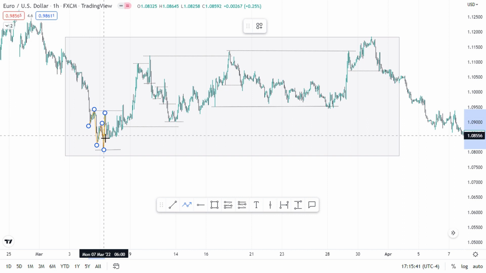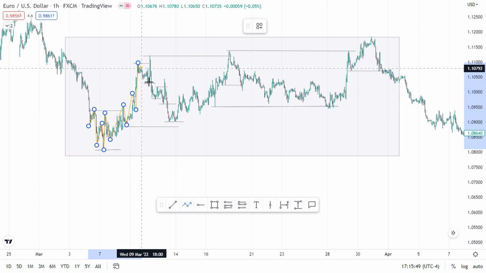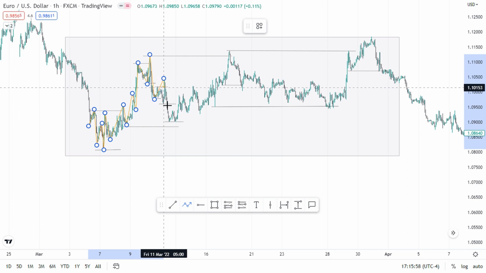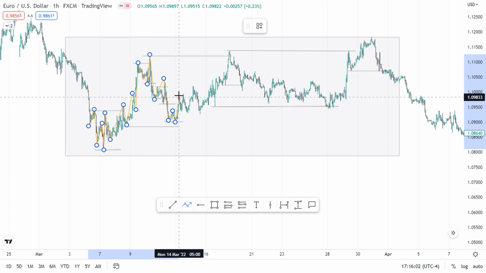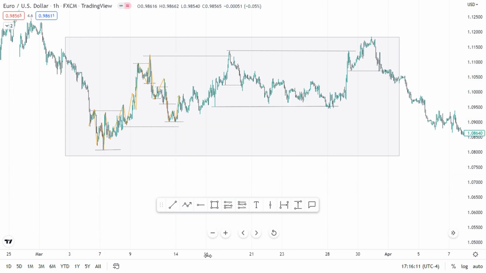So this becomes higher high, a pullback to create higher low, and then another higher high, higher low, higher high, higher low, higher high, higher low, higher high, break of structure right here to create lower low, lower high, lower low, lower high, lower low, and then a break of structure again to create higher high. And if we're marking the break of structure as a trend continuation break of structure,